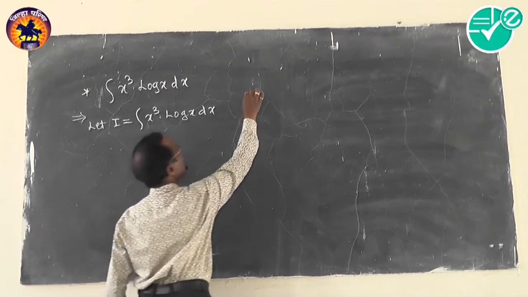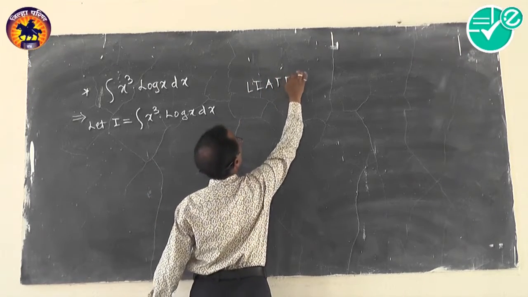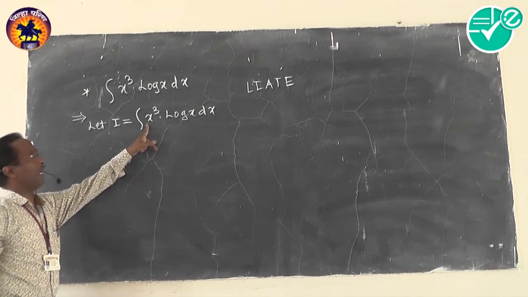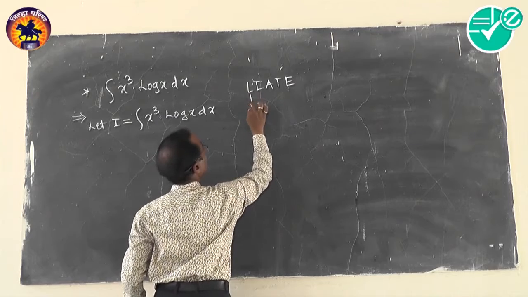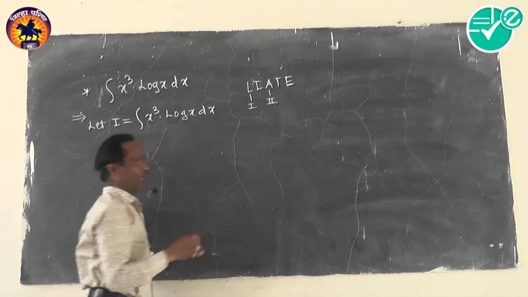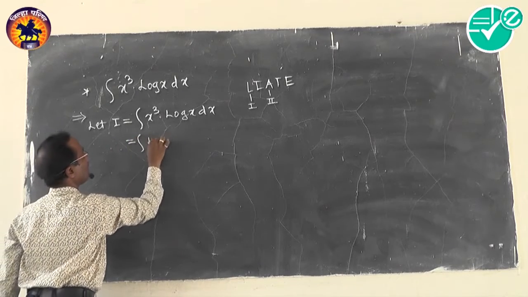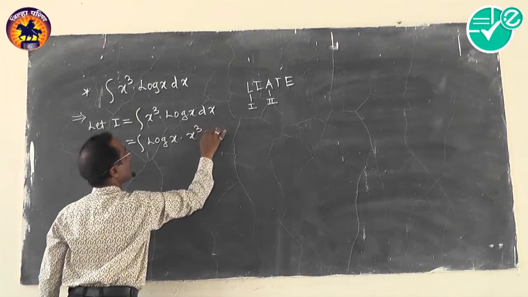Now by using the LIATE rule, x cube is an algebraic function and log x is a logarithmic function. So logarithmic function first and algebraic function second. Now this can be written as the integral of log x into x cube dx